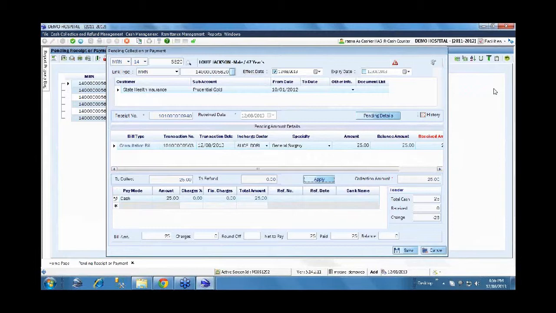We'll save this transaction. So a receipt is raised. The consultation bill is done, the patient goes to the cashier and pays whatever amount he needs to pay, and a receipt is generated for this, which is handed over to the patient. The next step would be the patient walking to the clinic, wherein the nursing staff will take the vitals and we will ask the patient to wait. There is an OPQ management there, and the patient goes in to see the doctor.